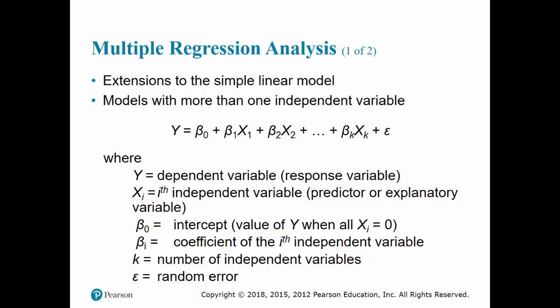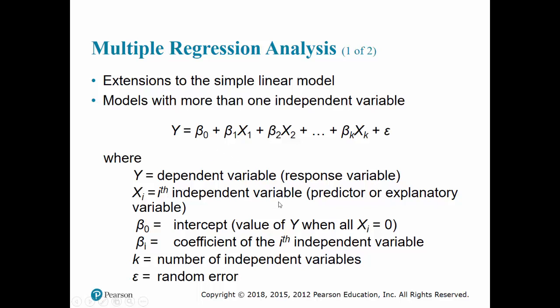The next topic is multiple regression analysis. It's an extension to the simple linear model. So instead of just one x, we have a bunch of x's. We start with beta sub 0 plus beta sub 1 x sub 1 and so on, plus an error. So y is the dependent variable or response variable, and x sub i is the ith independent variable or predictor